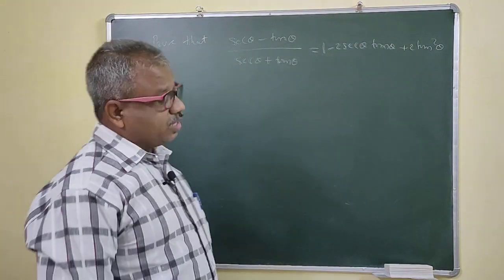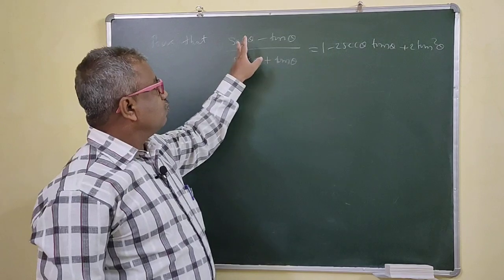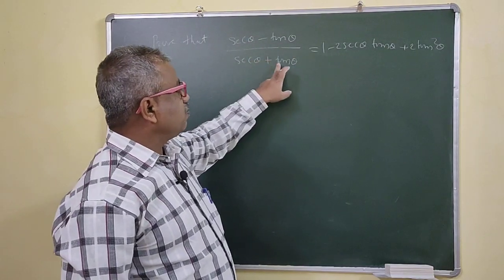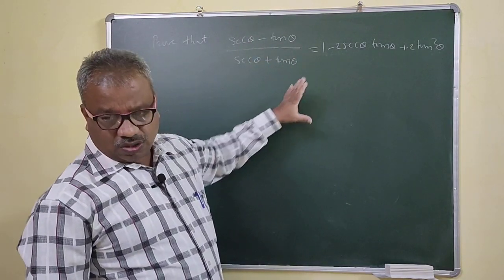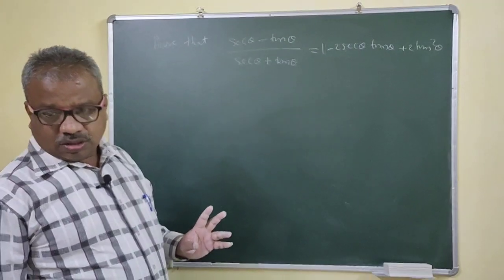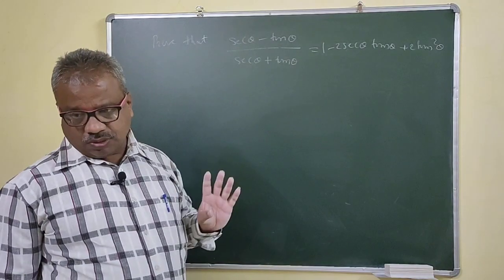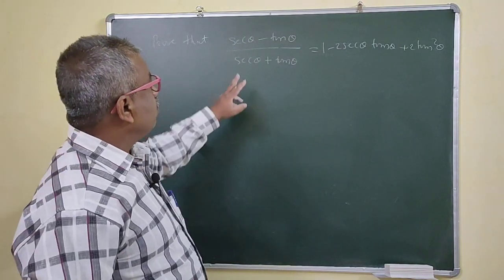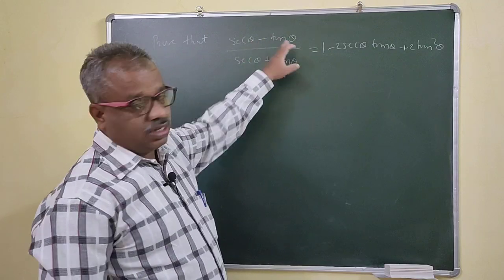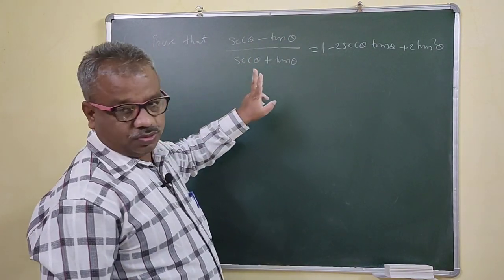Now see here, you have to take care. Suppose the problem is asked like this, and you are given 4 options, and the time is only 1 minute. Within 1 minute you cannot prove this one. So it is better to take a proper value of theta for which the expression exists. Can you take the value of theta as 0, suppose?